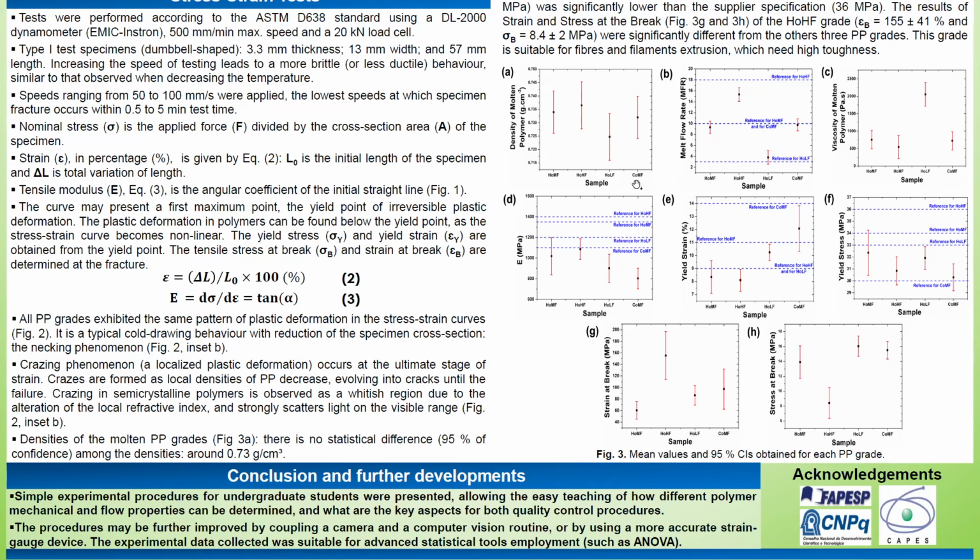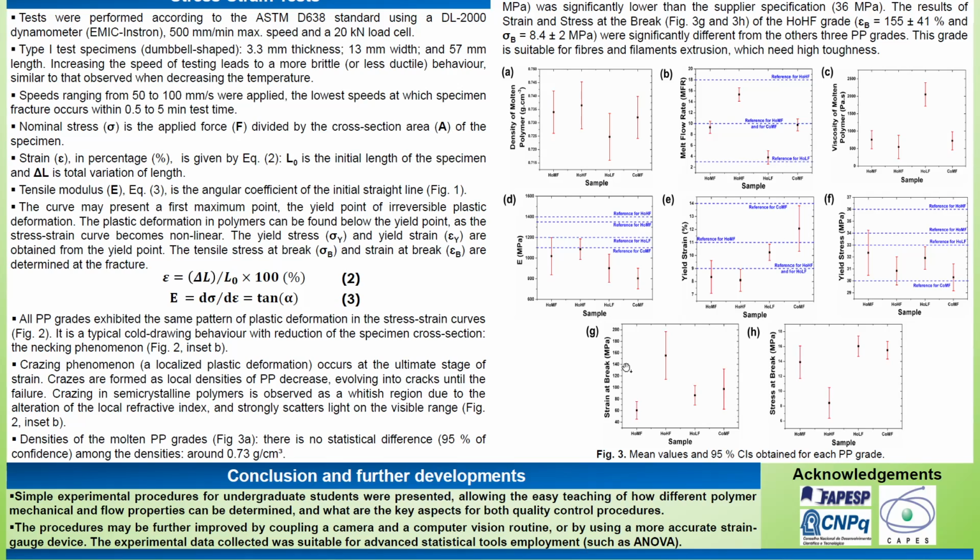Yield strain and stresses in figures 3E and 3F are for the most part good matches to supplier data, although data for the high-flow homopolymer sample shows a statistically lower yield stress, which might arise from experimental errors or a faulty batch. Strain and stress at break in figures 3G and 3H are statistically similar for all samples except for the